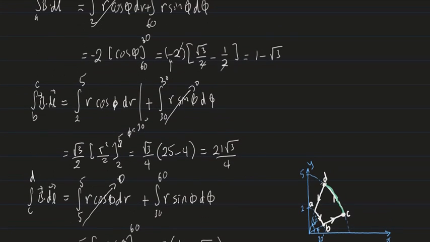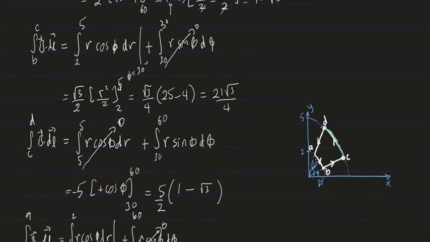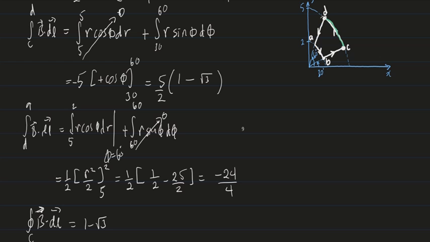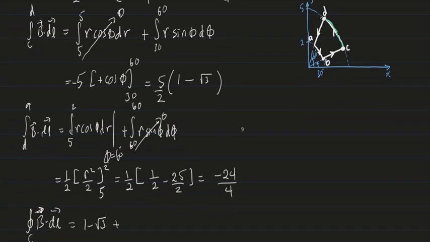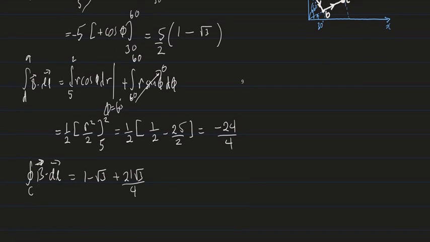So the circulation in this case, which is the integration of B dot dl over the contour, is equal to 1 minus square root of 3 plus 21 square root of 3 over 4 plus, I'm going to distribute the multiplication over the addition here, 5 over 2 minus 5 over 2 square root of 3 minus 24 over